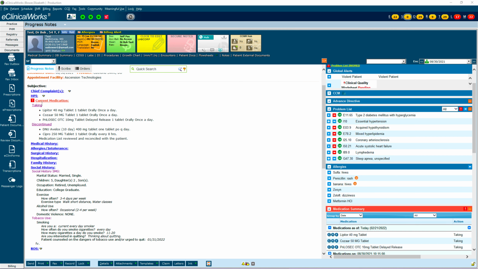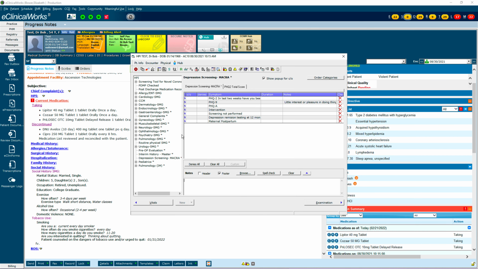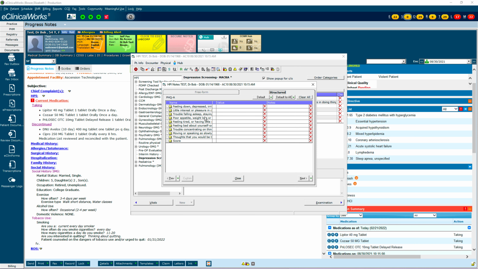You will also be able to find the PHQ-2 questions if you go in through HPI under Depression Screen MACRA. You'll see it here. Here's the PHQ-2 and here's the PHQ-9. Now, if you have a patient who is 13 to 17 years old and he or she has a positive PHQ-2, instead of using the PHQ-9 form, you need to use the PHQ-A for adolescent. You will see these questions in the HPI here,